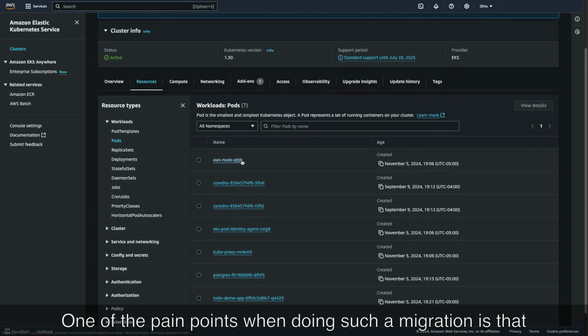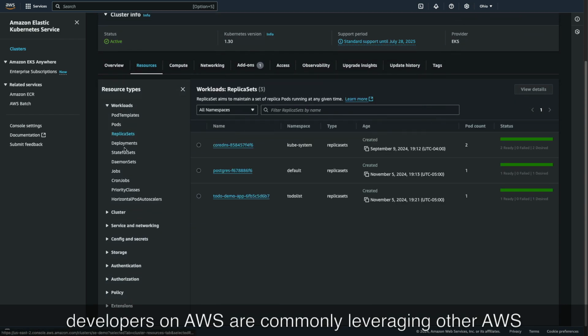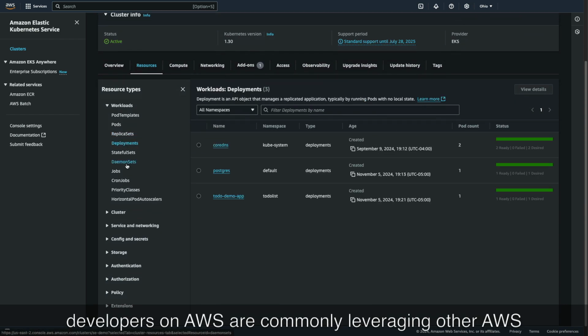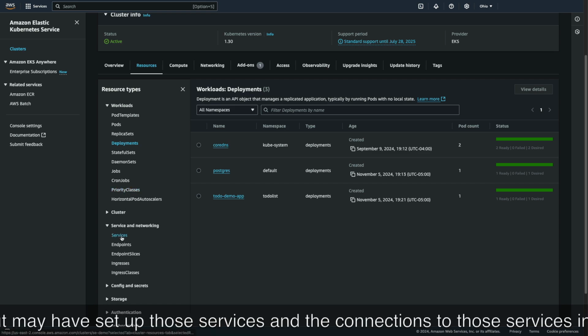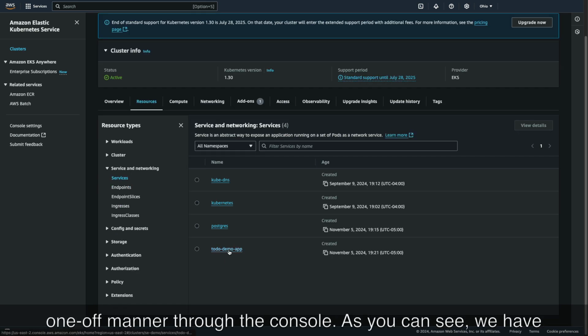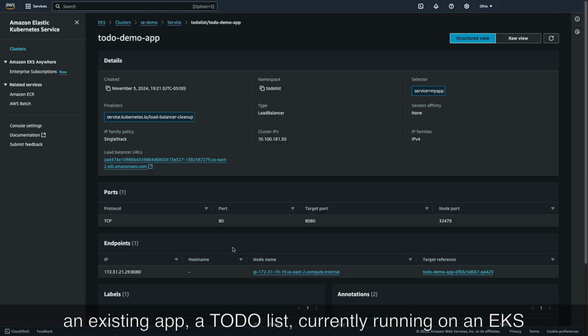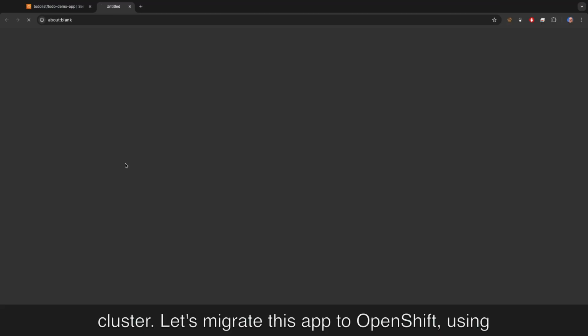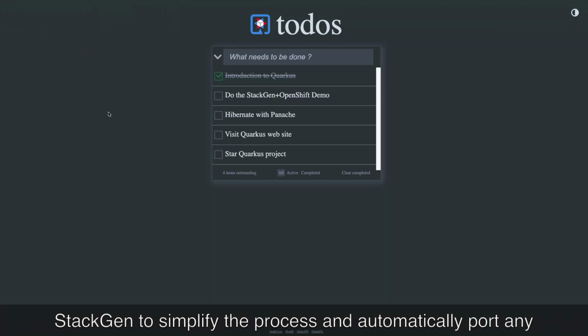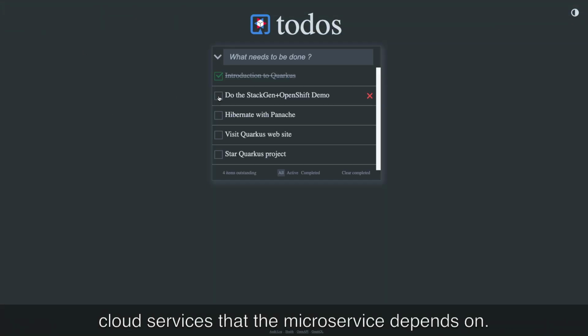One of the pain points when doing such a migration is that developers on AWS are commonly leveraging other AWS services, such as S3 or RDS, but may have set up those services and the connections to those services in a one-off manner through the console. As you can see, we have an existing app, a to-do list, currently running on an EKS cluster. Let's migrate this app to OpenShift using StackGen to simplify the process and automatically port any cloud services that the